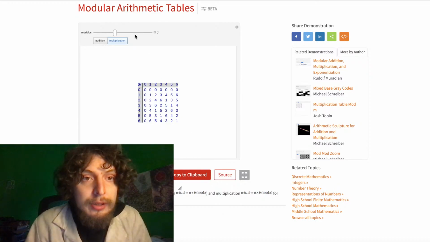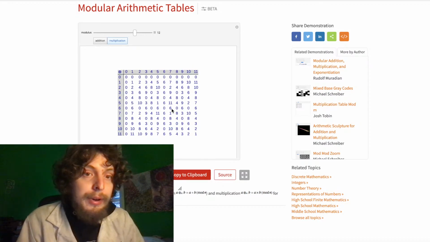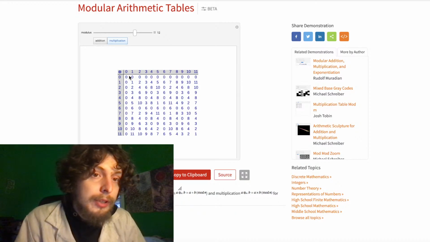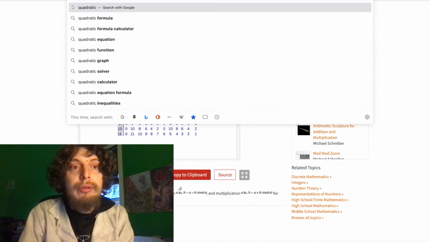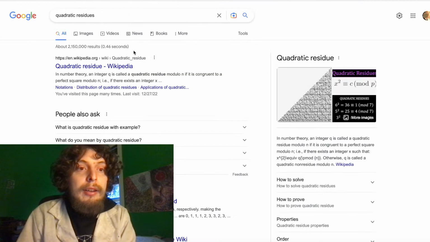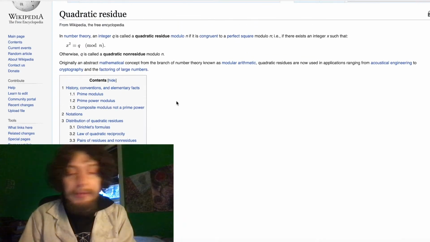So these can tell us real cool things, and those diagonals that are very notable in number theory, which are what square numbers can be in a given mod, are called quadratic residues. And these quadratic residues are super important. In fact,